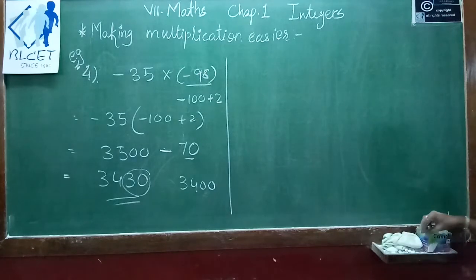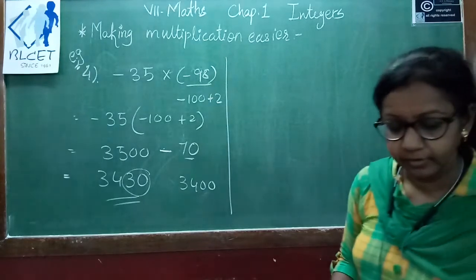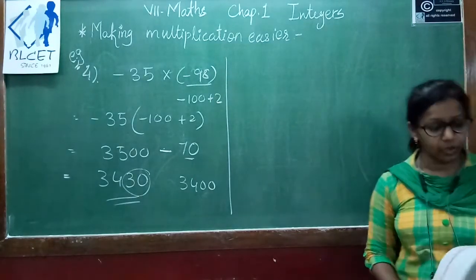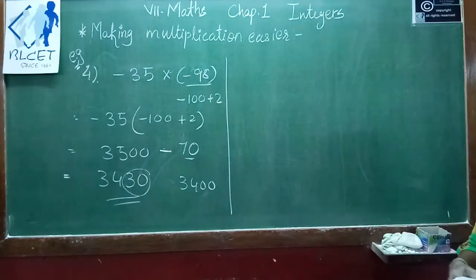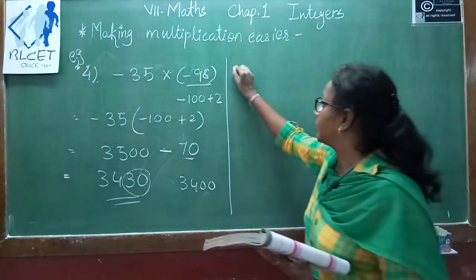I am explaining the short trick also so that you can easily do the subtraction and addition. Rather than taking a borrow, you are just giving the carryover. Don't do such kind of calculation. Easily you can do the question.